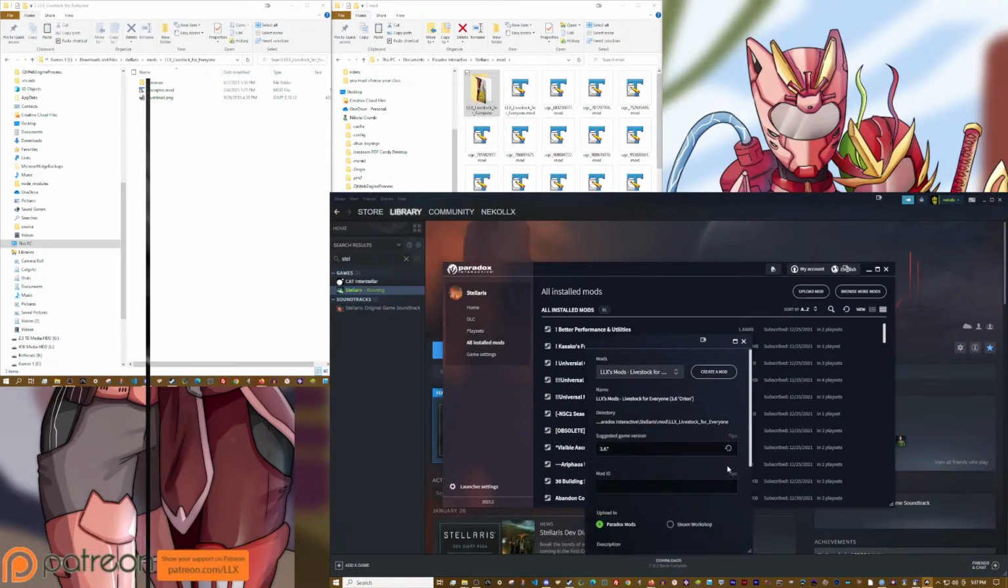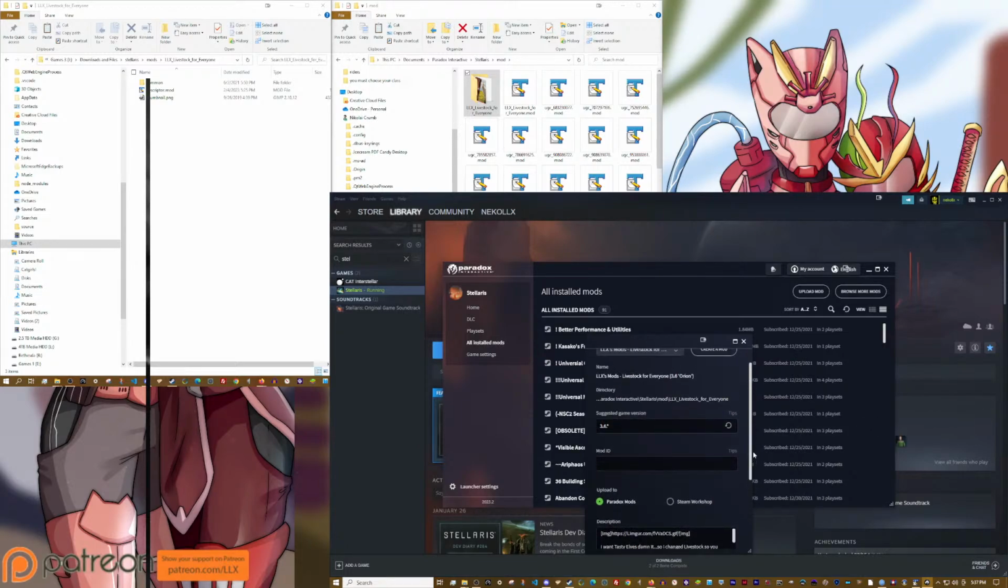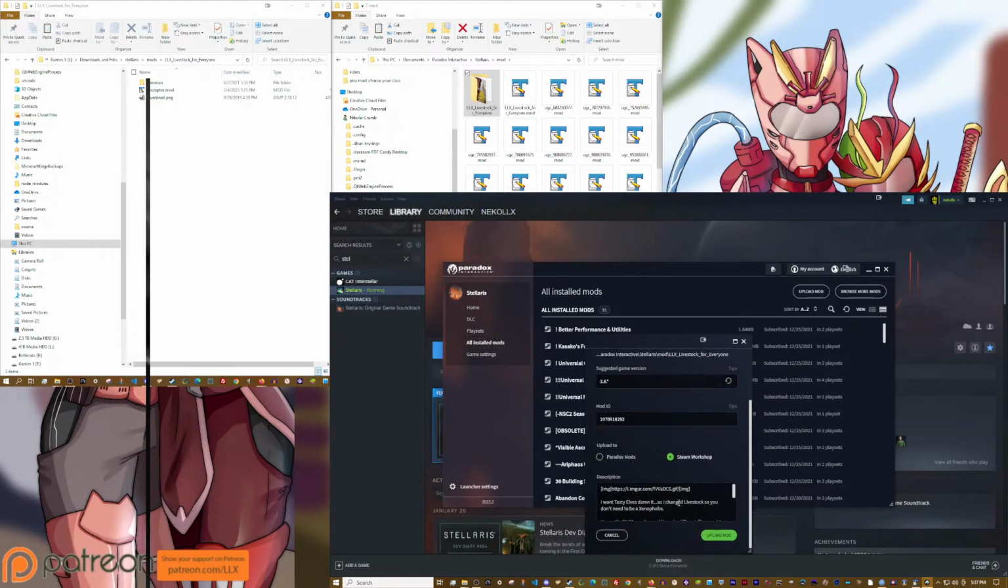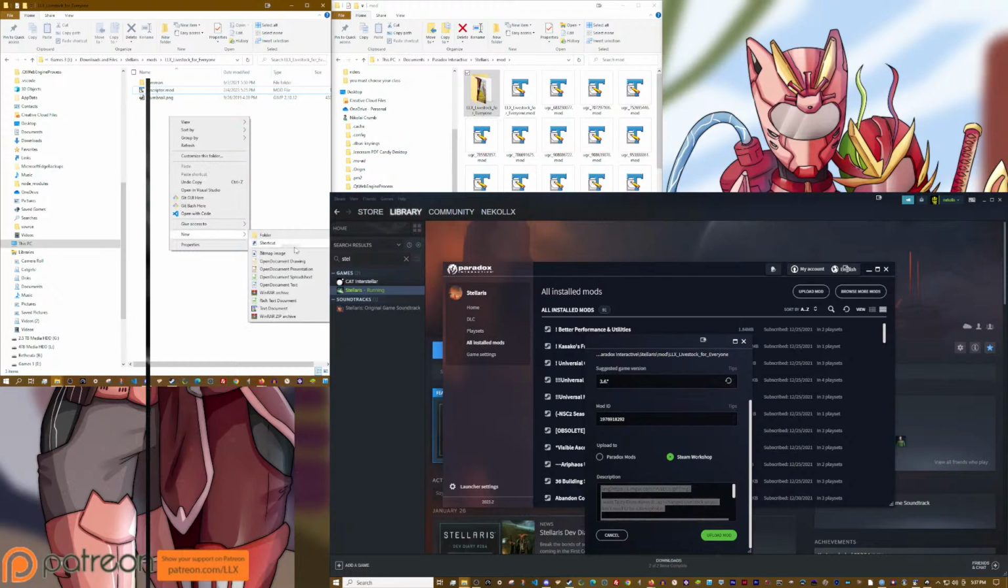Livestock for everybody. 3.6. So it's recognizing that and all the other information I set in place. We're not putting it to BearDoc, we're putting it to Steam. It's already loading the Steam ID. I want to take this actually. I want to save this. Make a new text document, and that's